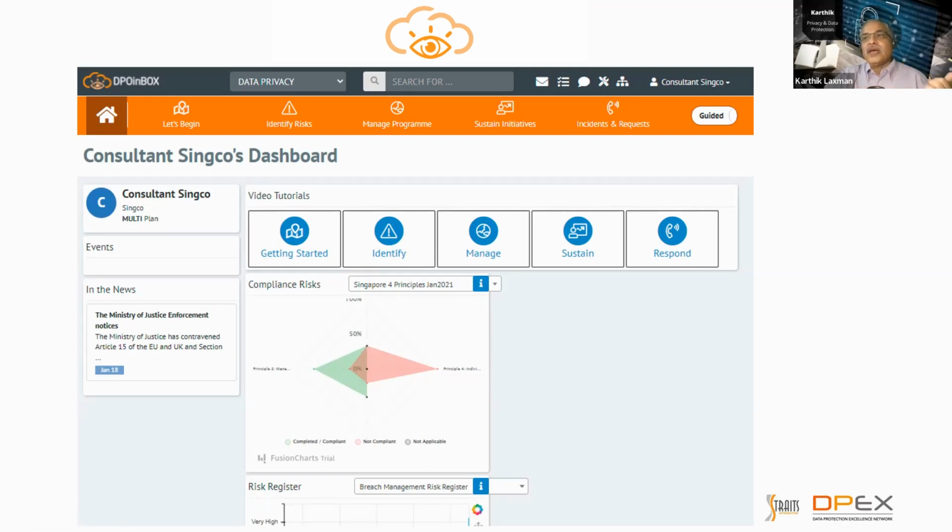Once the risks are identified and documented in the system, the regulator and the stakeholders are looking for accountability. So DPOinBOX also demonstrates that, because you record all the activities that you're doing with respect to your data protection management program. So there will be evidence, there will be a record of all the activities, the ROPA as they say. Organizations face privacy risk in multiple areas. It can be compliance risk, inventory risk, process risk. All that is part of the whole risk management.